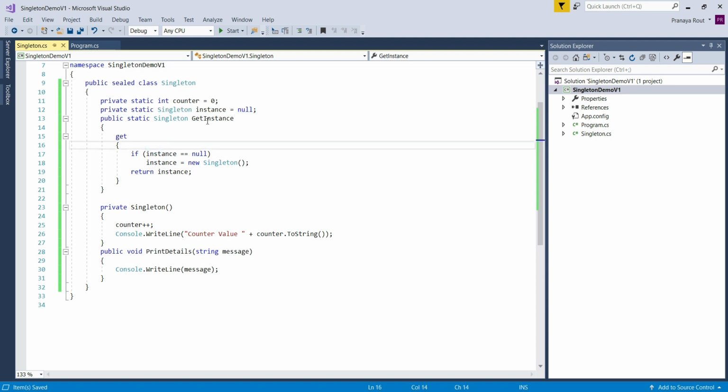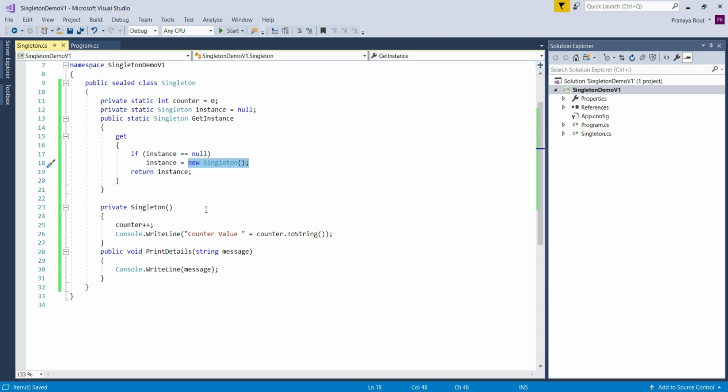The public property, that is the GetInstance property, is used to return only one instance of the class by checking the null value. If the instance value is null, then it will initialize the instance variable with the new singleton object and return that instance. If it is not null, then directly it will return that instance.